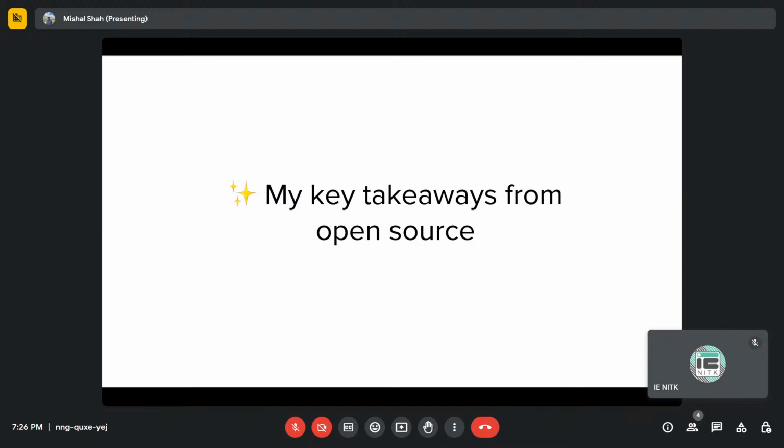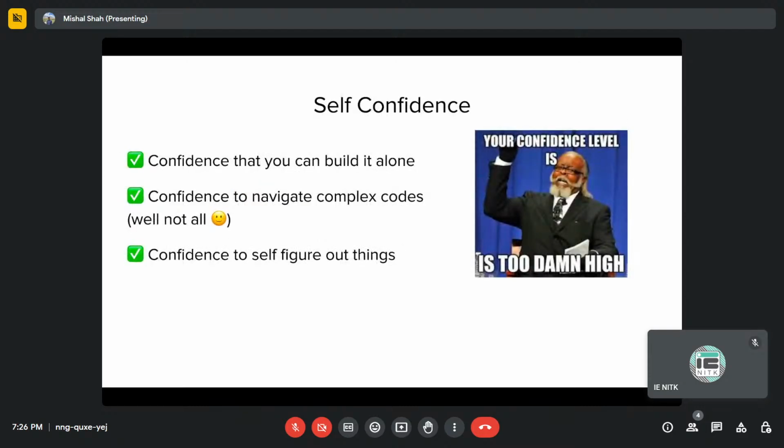My key takeaways from open source: what all I learned doing open source and how I evolved. One, when I was a student, I had very little confidence. I thought, God, this is a very big project, I am not able to understand what is happening.